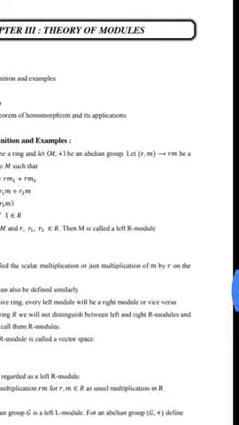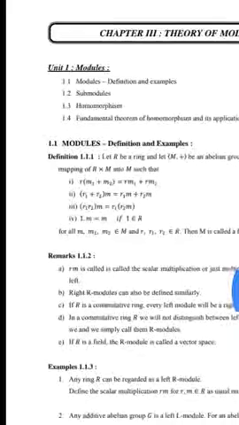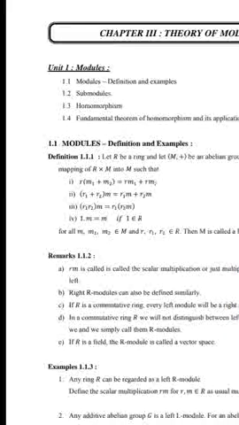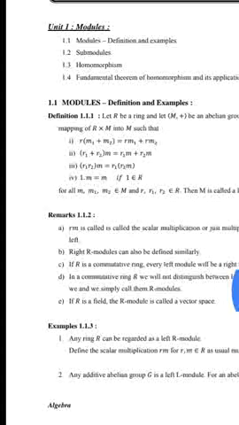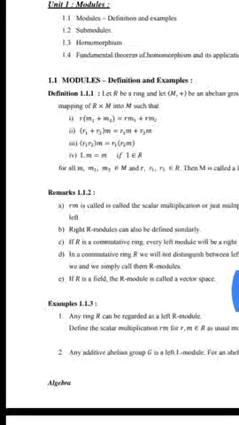Let the ordered pair (r, m) to rm be a mapping of R multiplied by M into M such that r(m1 + m2) = rm1 + rm2, (r1 + r2)m = r1m + r2m, (r1r2)m = r1(r2m), and 1·m = m if 1 belongs to R,